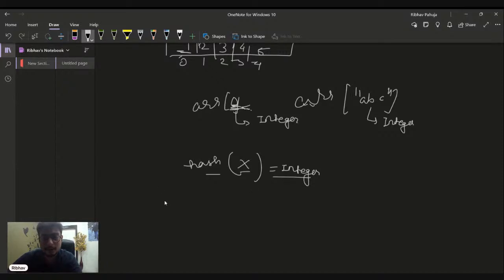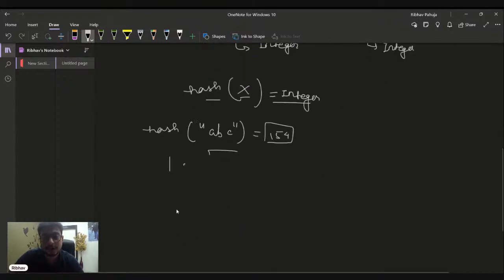So one thing I'll always have to keep in mind is that if I say, let's say, hash of ABC, then it should always give me the same particular value. Let's say it gives me 154, right? So it should always give me 154, no matter how I calculated or when I calculated, right? So one key feature of a hash function is that it always gives me the same value for a particular key, right?